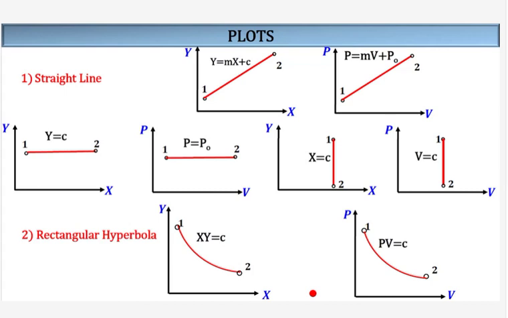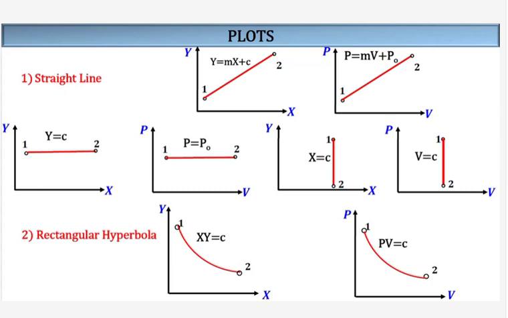Now let's quickly go through graphs also. You will already know, two minutes we'll go through this one. Like a straight line, y equals mx plus c, we know we can plot it like this. So simply replace p and y. If I have a relation between pressure and volume like this, p equals mv plus p naught, a relation, then a graph question also comes in examination.